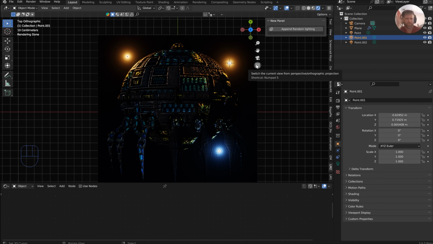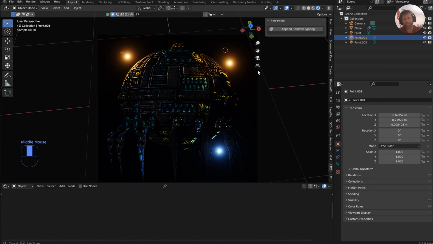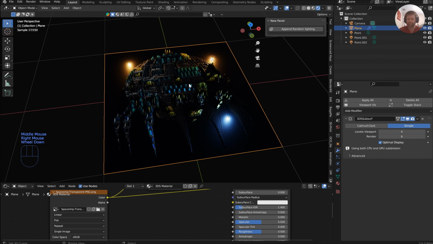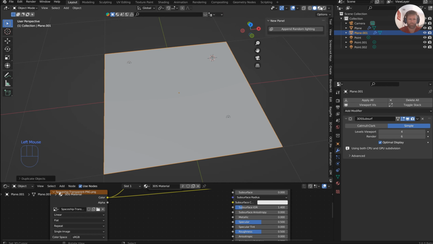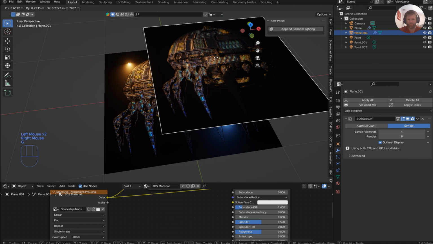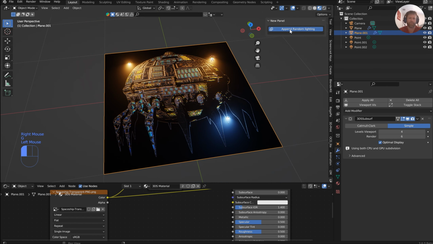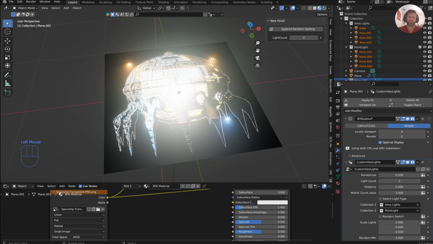There's no limitation to the amount of options that you have with that. And in fact, we could just light the scene with that. It does require a mesh, so I'll just do a Shift D copy of that. Let's see, did I already Shift D? I did. Okay, so then you can append the random lighting to this,